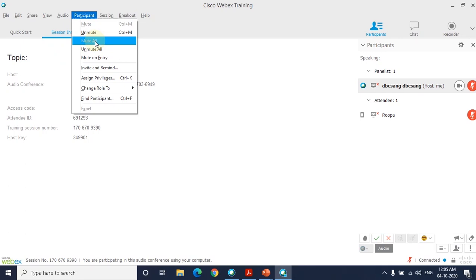And if you want any one particular person to unmute, then you can also unmute them. Similarly, unmute all. Clear? So that is another advantage. The presenter or the host has got the control of the audio of the participants. If all of them are shouting, what do you do? You can just go into participant and then you can go for the option mute all. Clear?